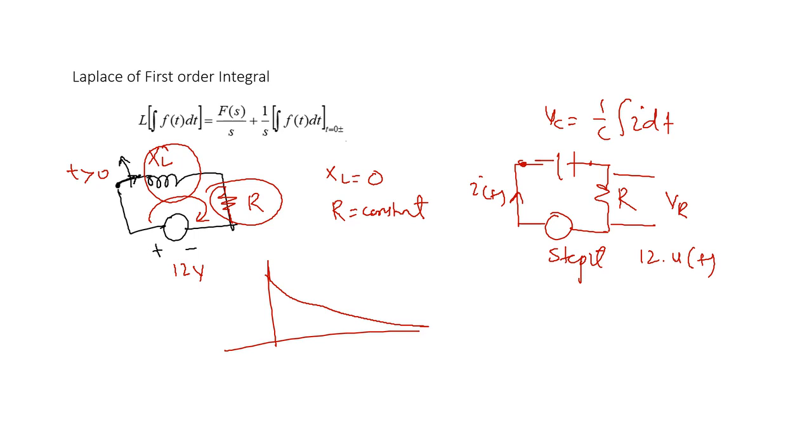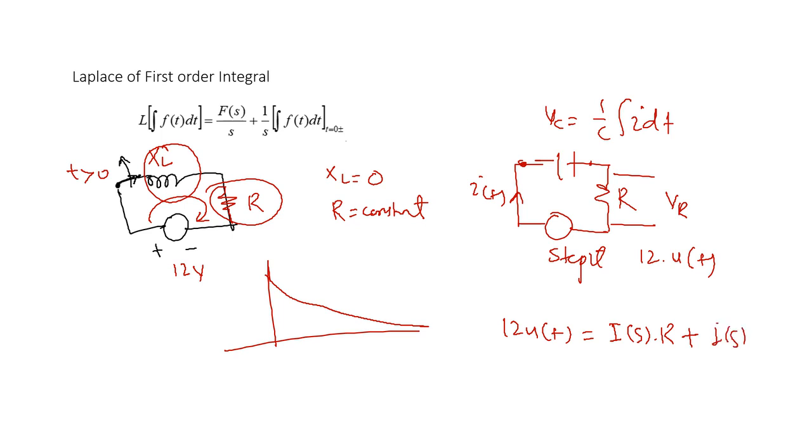So the total voltage is 12 u of t, and that is equal to I of t into R, and plus